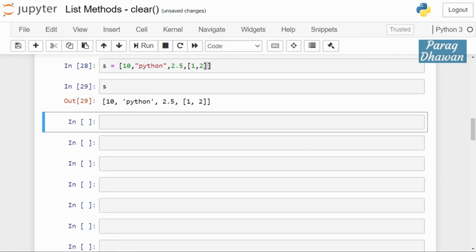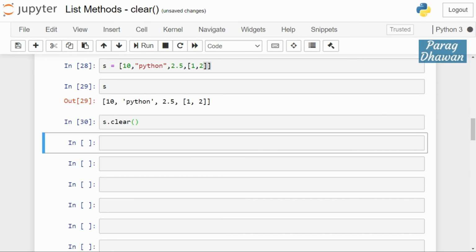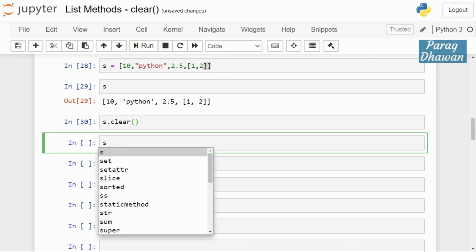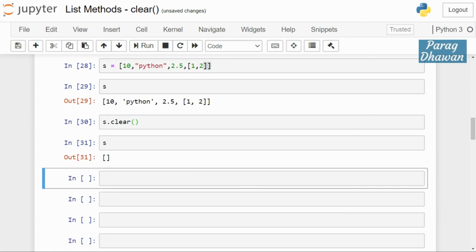Now if we run the clear method, the list will be empty. S.clear(), it doesn't take any argument, so just opening and closing parentheses. Run the cell and you see the cell has executed successfully. After that, on seeing the value of the list, it is empty. That's it about the clear